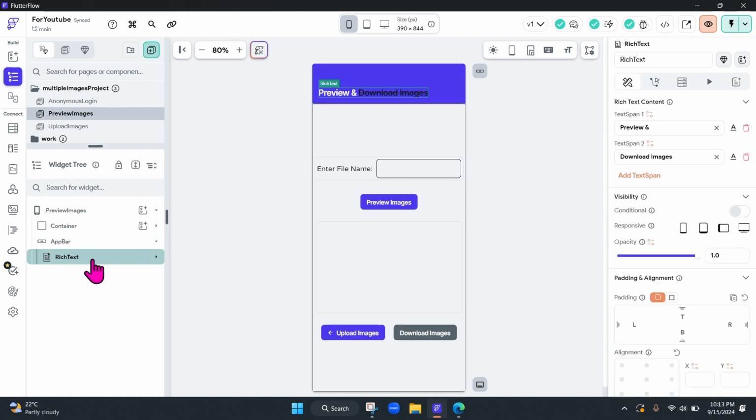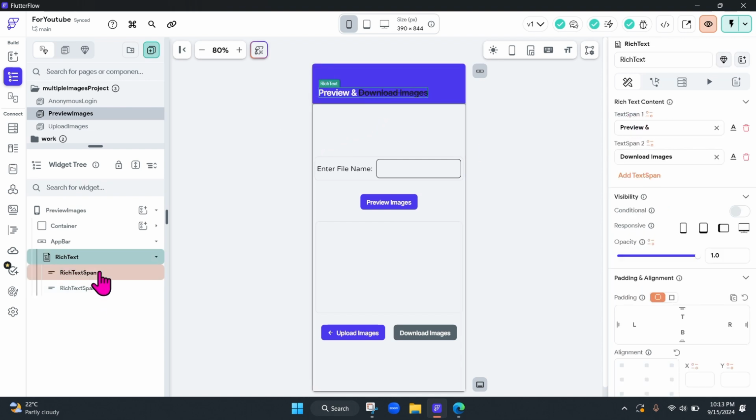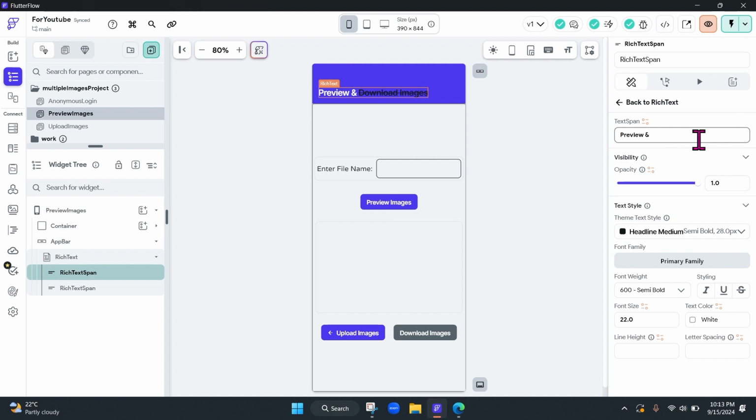So once you have the rich text here, you would see only one rich text span, this one widget only, and you go here and you would see like this, download images. So I have taken this part out